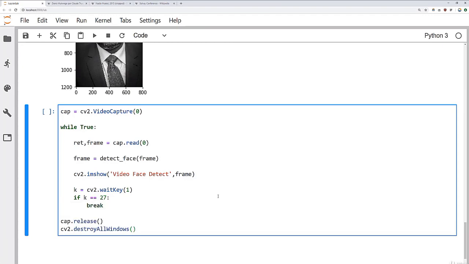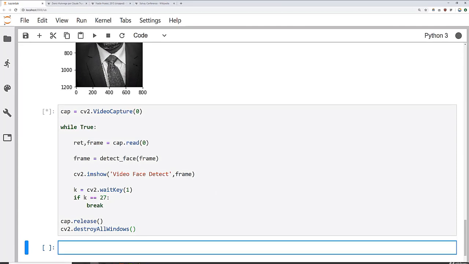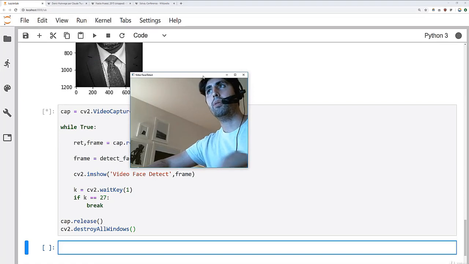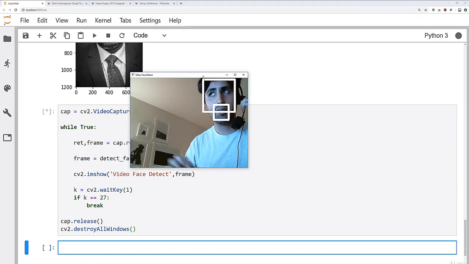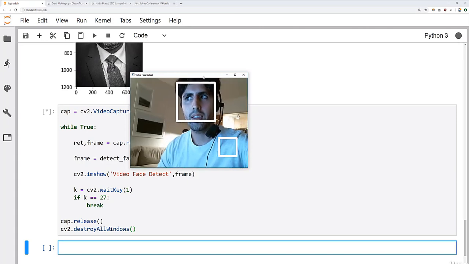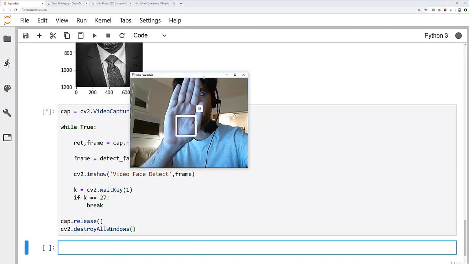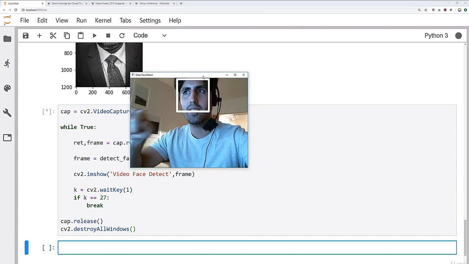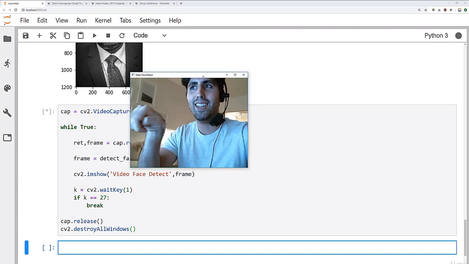So let's run this. And let me bring up the actual streaming. So there I am, and now I'm going to look more directly into the camera, and you can see that it's able to find me. In fact, let me pick up the camera here, and now I'm going to put my hand above. You can see it's no longer working that well. In fact, it thinks my hand is a face,